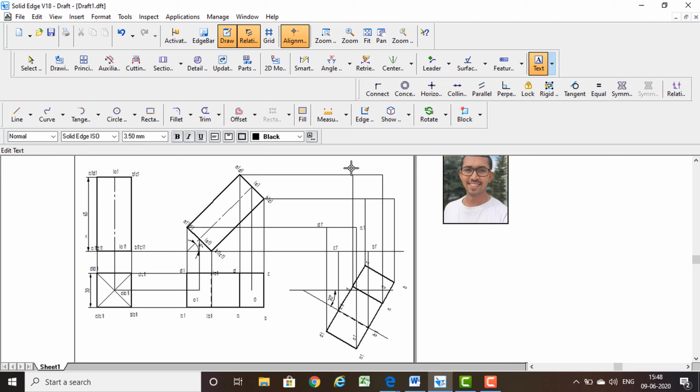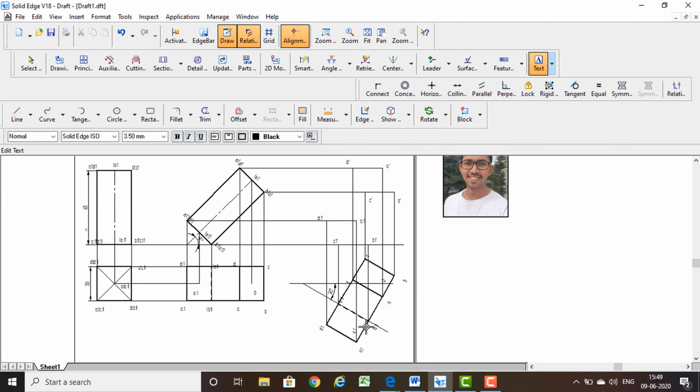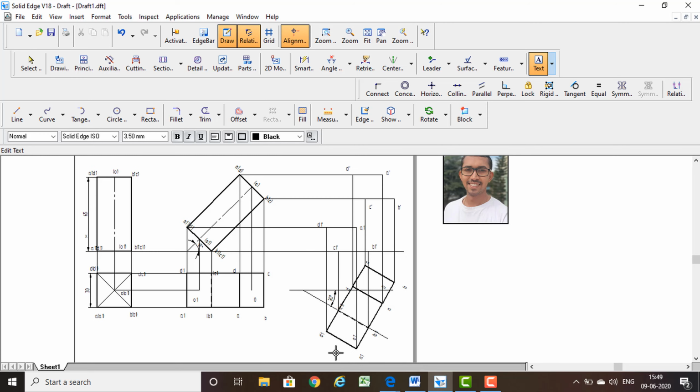In the same way, I need to locate the top corners. So this one is D dash and this one is C dash, B dash, and finally this one is A dash. Okay, got this one. So what is the next step? You have to identify which face is near to the observer. Here, to write the final front view, you need to check which face is nearer to the observer.